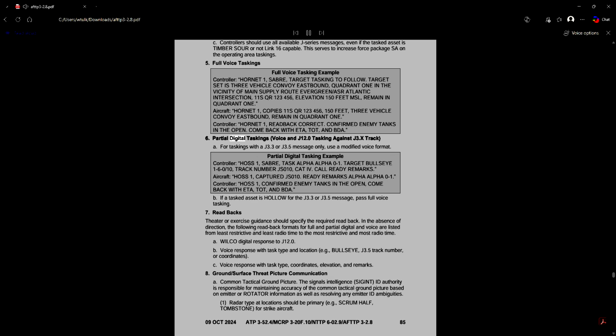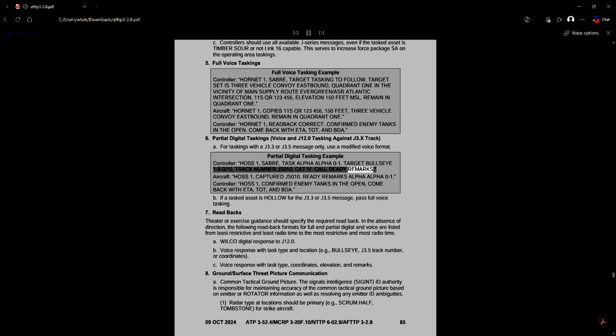6. Partial digital taskings, voice and J12.0 tasking against J3.x track. A. For taskings with a J3.3 or J3.5 message only, use a modified voice format. Partial digital tasking example. Controller: HOS1, Sabre, task Alpha Alpha 0 to 1. Target bullseye 1-6-0/10, track number JS010, Cat 4.